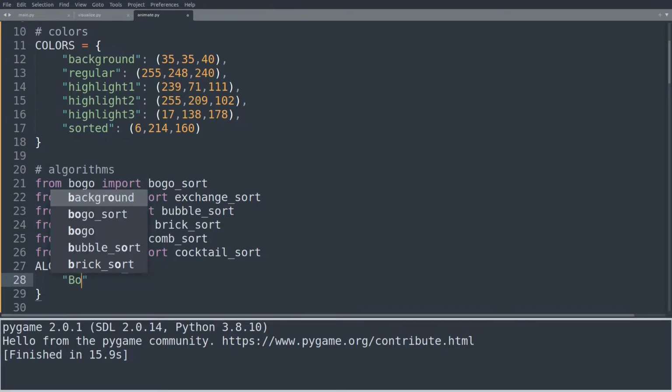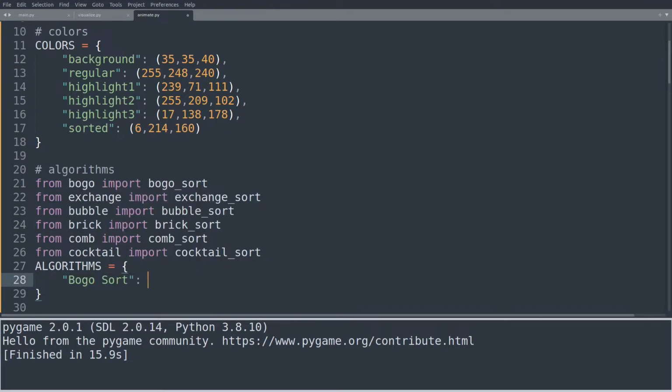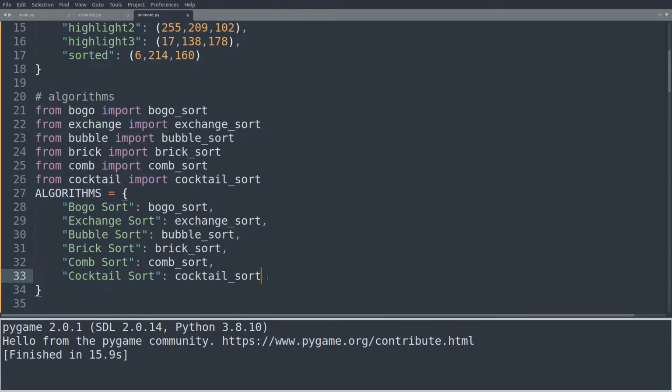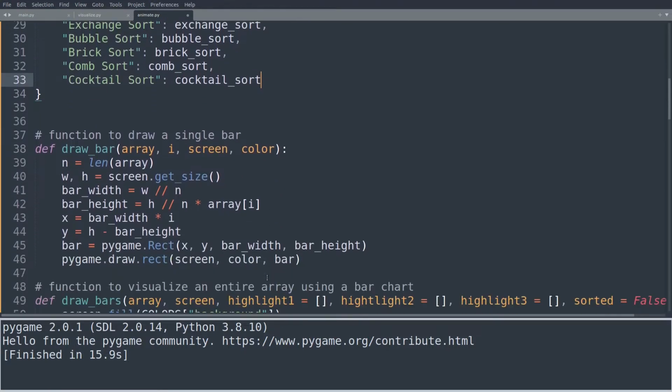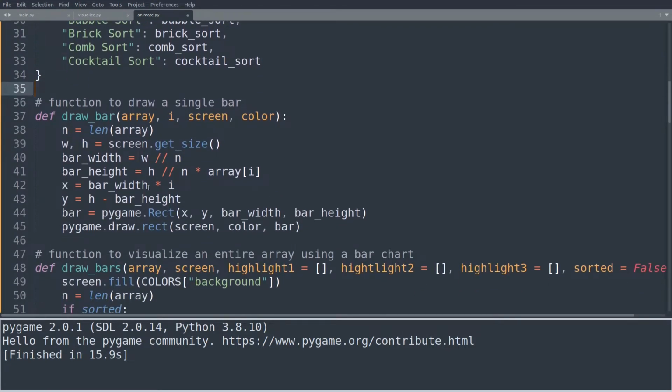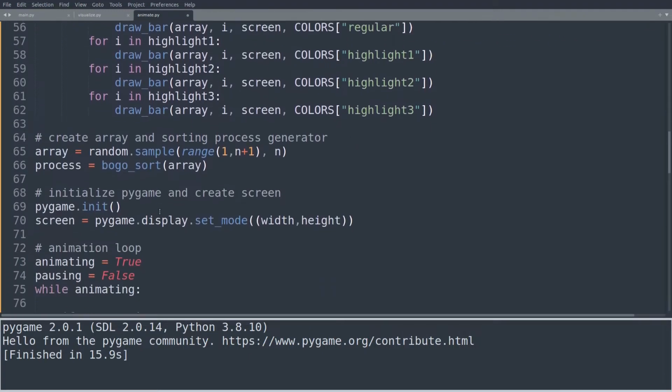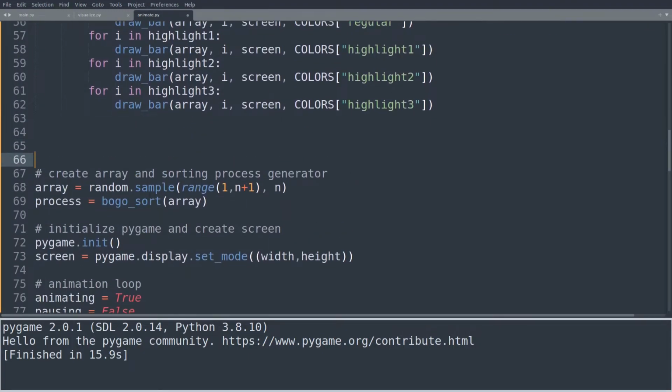So here we'll now have something like BOGO sort. This is now equal to BOGO sort. Now we'll do this for the other algorithms as well. And yes, I just copy pasted this into here to save us all some time. So now we can go down here. We don't have to bother with these functions, but down here where we are now working within the global environment,